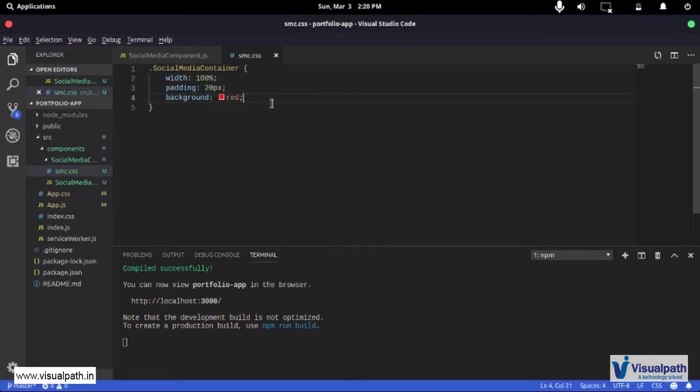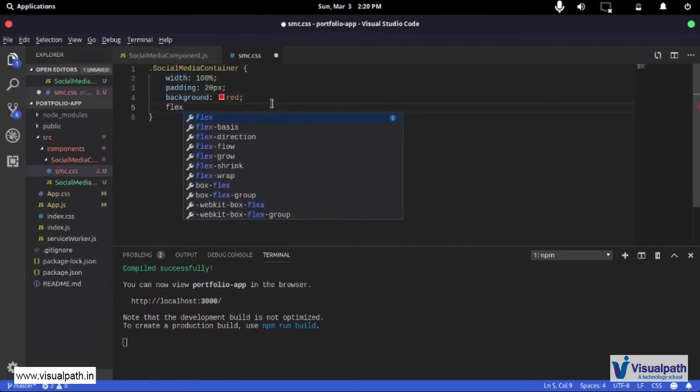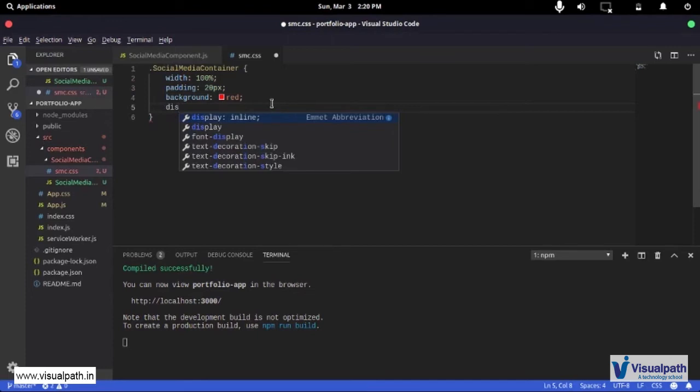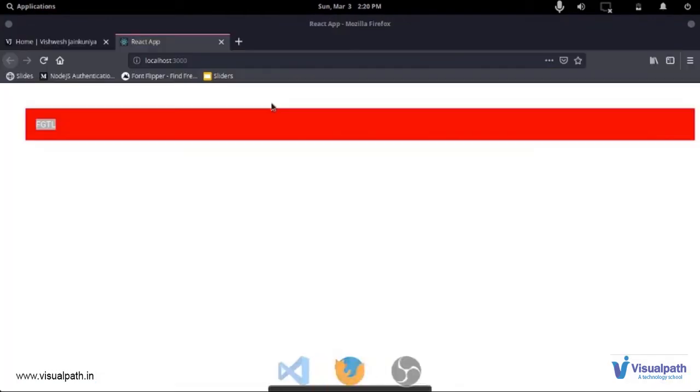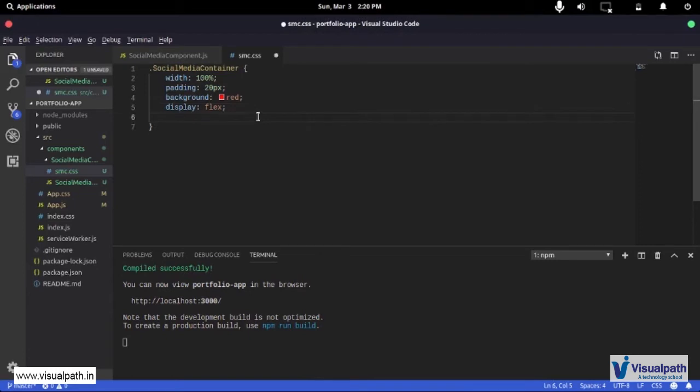So that being said, what flexbox is, if you have CSS knowledge, is that you need to say display and then set it to flex. Now just saving this, you see that these have already changed from horizontal to vertical. Flexbox is a one-dimensional styling technique that works in just one dimension, so either it's going to be one row or one column or something like that. So I'm going to continue using that.